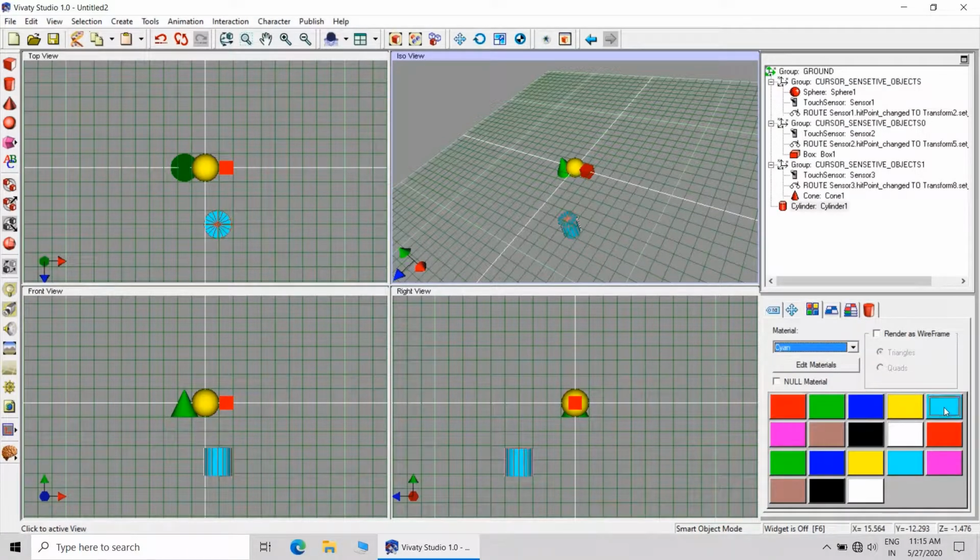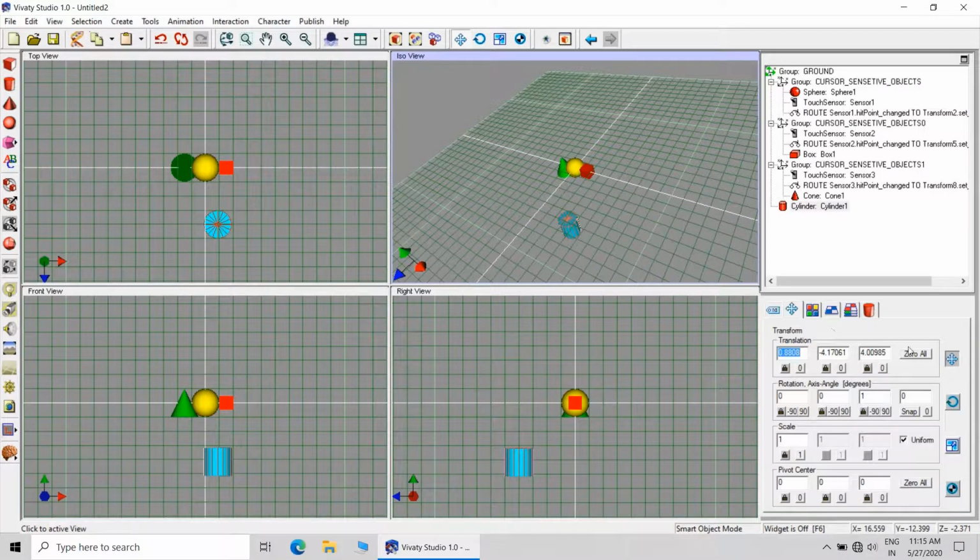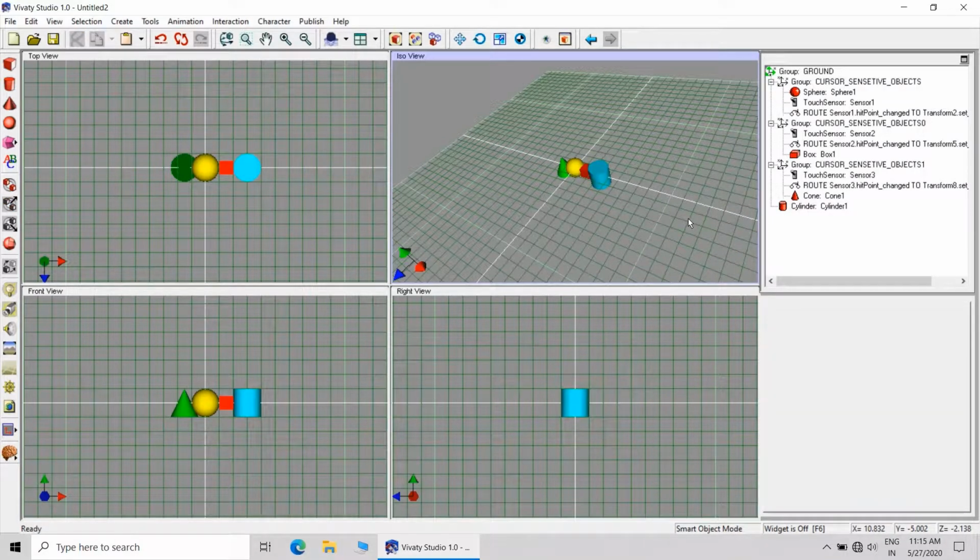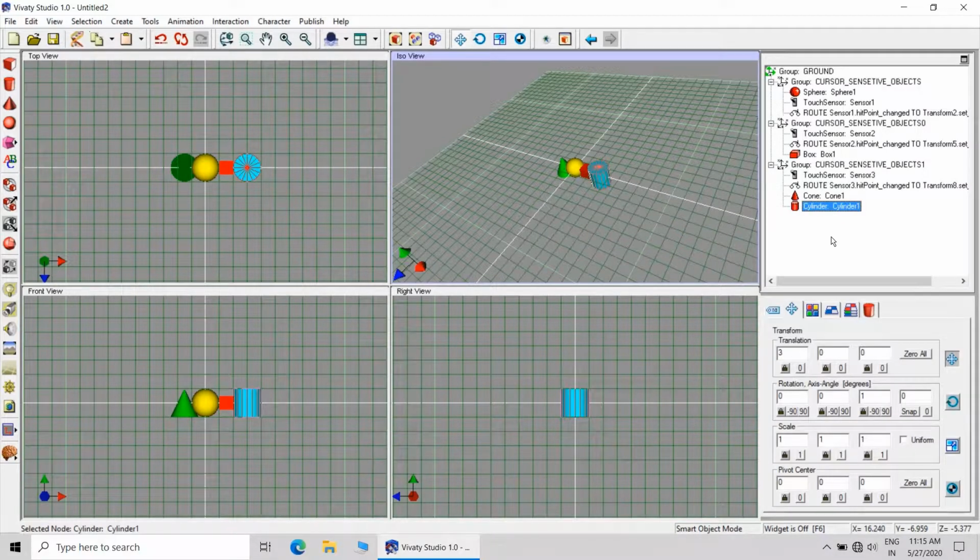And then we will be adding the cylinder. Again, keep the cylinder somewhat apart, say at a distance of 3 on the x-axis. Then you can replace this cone with the cylinder. So I have created multiple groups with these objects.